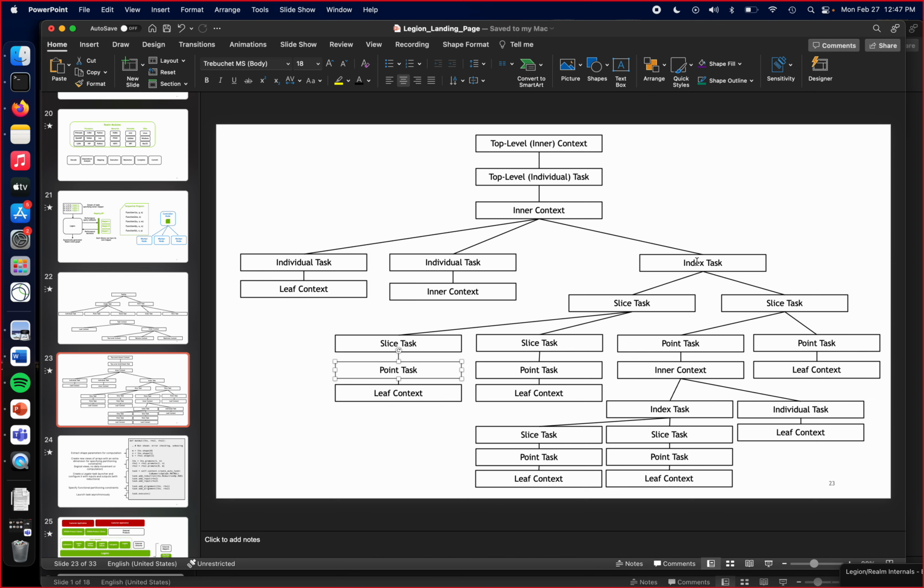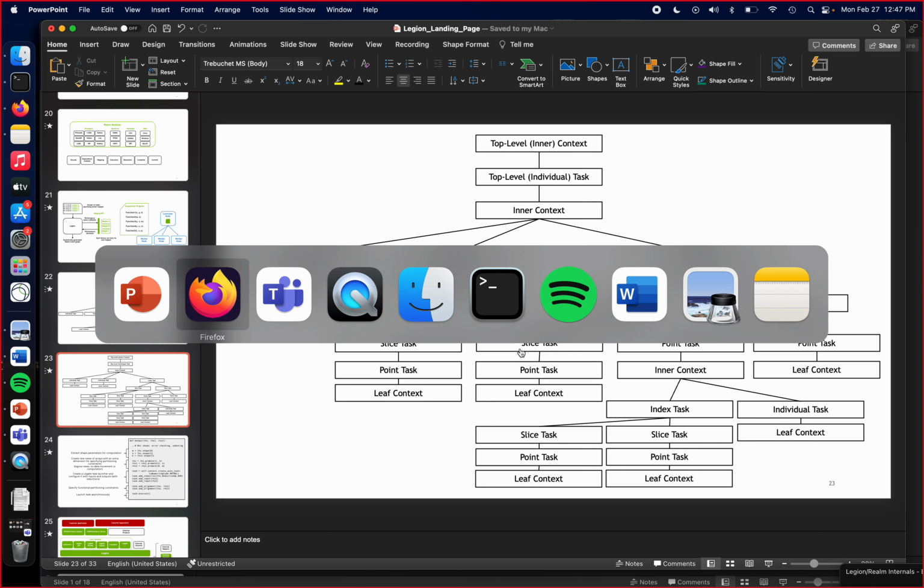But index tasks that get refined into slice tasks, which get enumerated into point tasks, right? They can actually skip stages and do some unusual stuff. These things only appear after the dependence analysis stage, right? They only occur once this index task has been sliced by the mapper. And so they don't actually show up in the dependence analysis stage ever. So that's one thing to be aware of, is that you may find stuff over here,